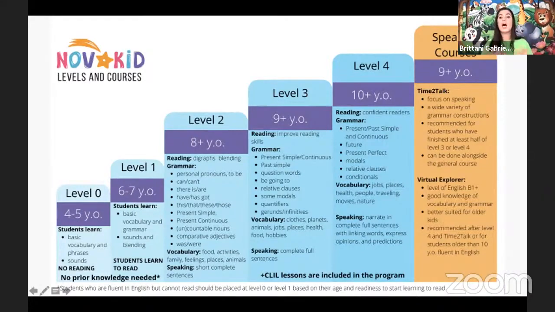For example, a student in level 3 should be able to use some personal pronouns like can and can't. These are important. When they get to become older students, they should be confident readers, whereas your lower level students will be learning to read. Which do you find most difficult?